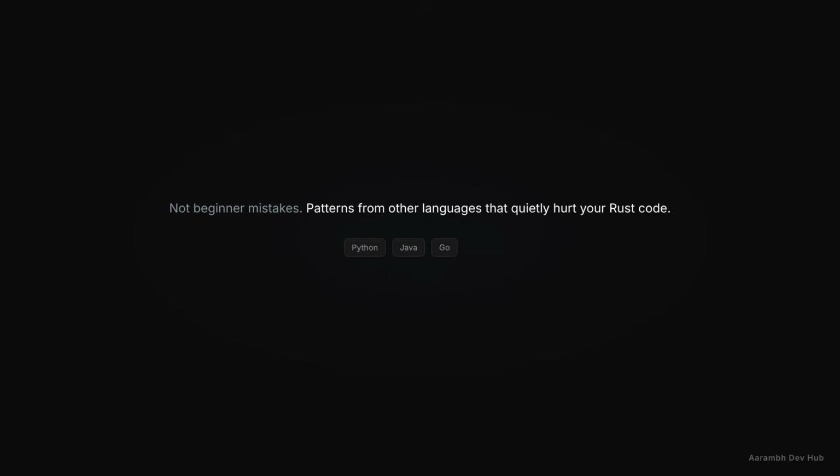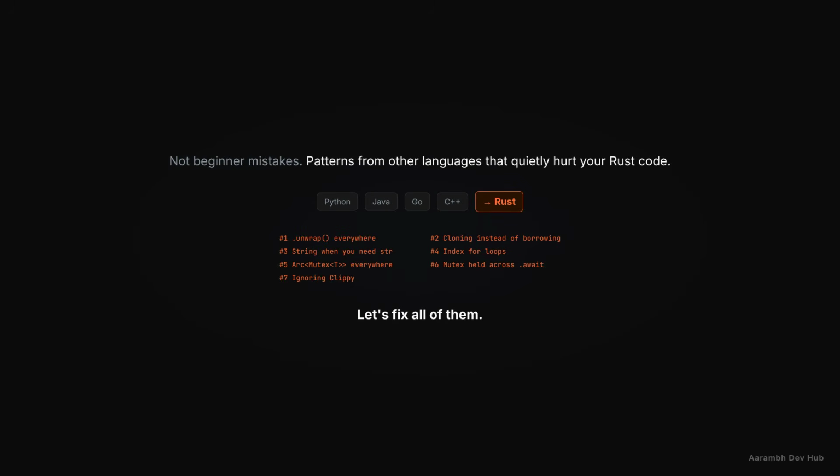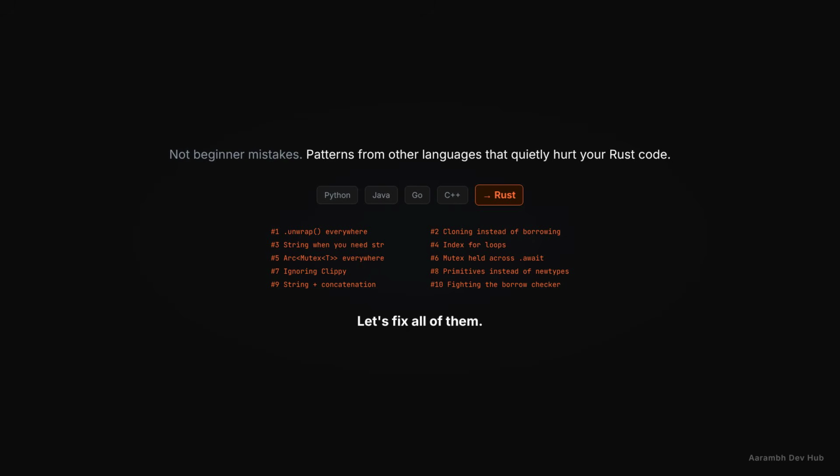I have reviewed a lot of Rust code over the past few years, in pull requests, on GitHub, from developers who reached out for freelance help. And there are specific patterns I see come up over and over again. Not beginner mistakes like missing a semicolon. Patterns that experienced developers from Python, Java, and C++ bring into Rust because they made sense in the other language,